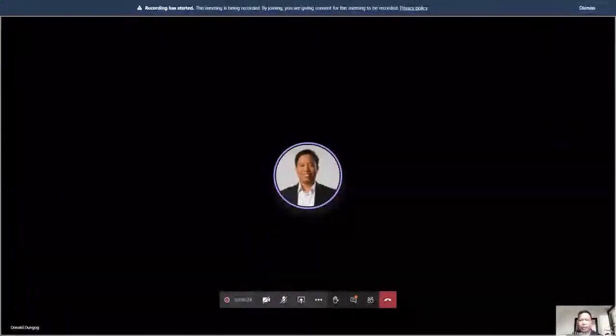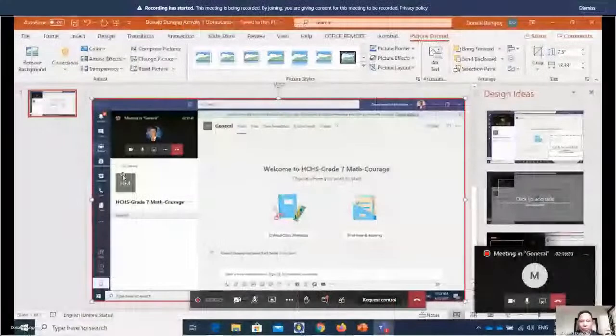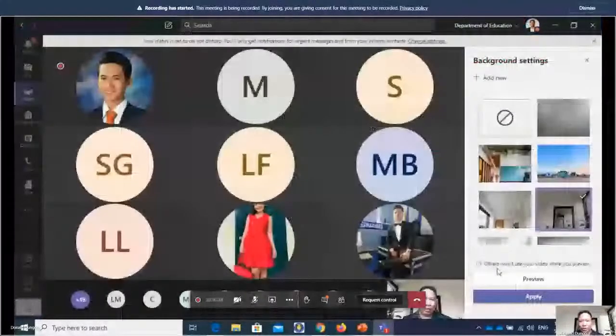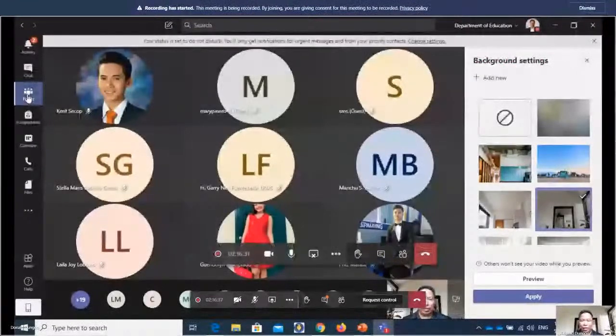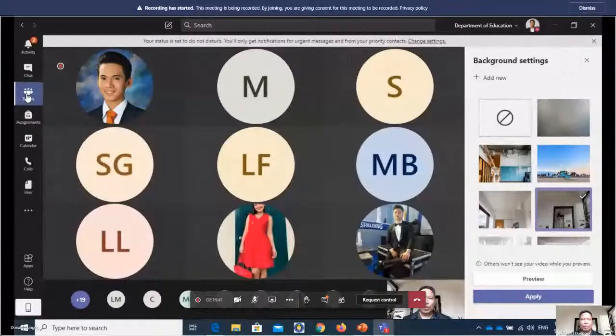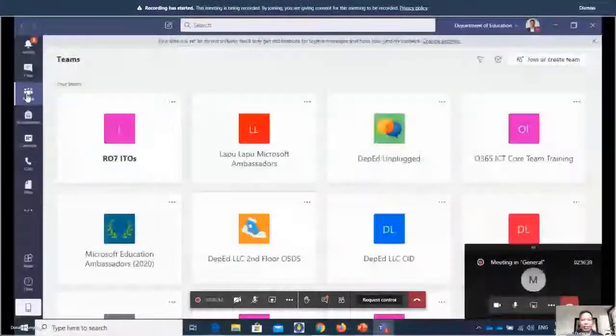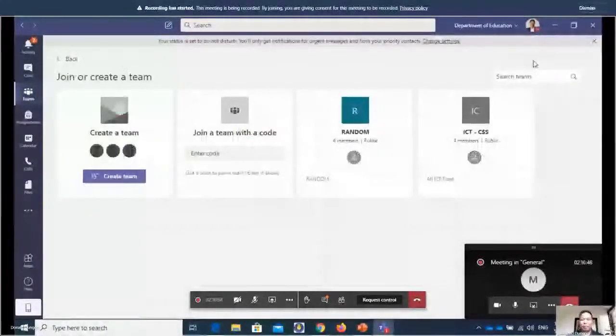Okay, so our output po is just a print screen of the welcome to HSHS Grade 7 Math College. So I will do that again with you. So we will click Teams. If you are in our conversation, just click Teams and then click Teams once again so that you can see the tile classrooms. You can click Join or create a team. Click Create a Team,